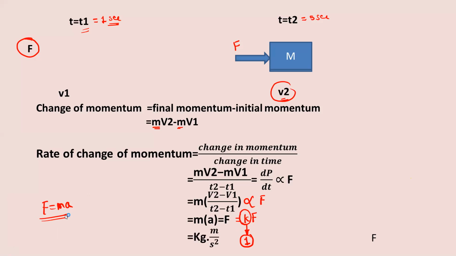So what is the unit for force? We take this unit as the Newton. But by using this formula, what is the unit of force? For mass the unit is kg, for acceleration it is meter per second square. So the basic unit is kg meter per second square, and 1 kg meter per second square is taken as 1 Newton. This is the simplified unit for force, and everywhere we use it as the Newton. So basically, Newton means kg meter per second square.